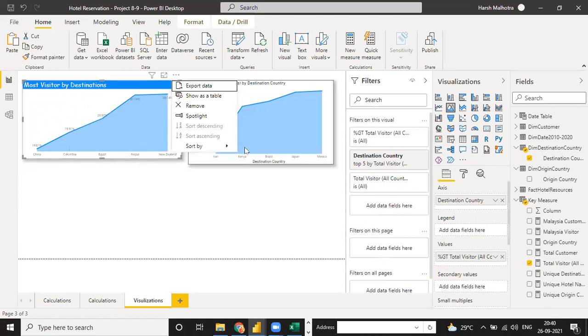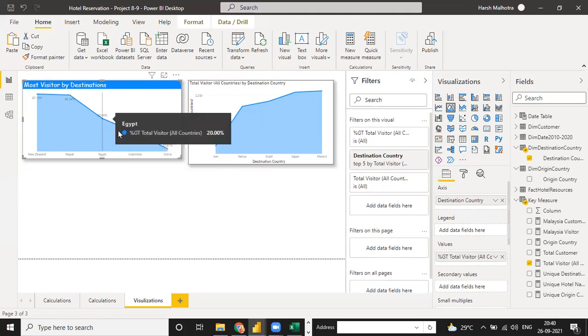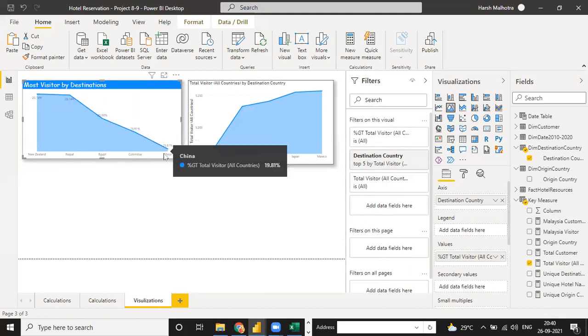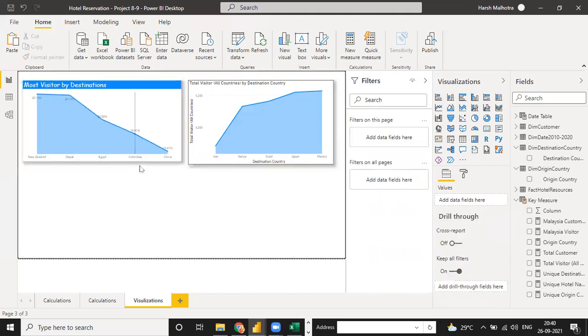So I sort by destination country. See, New Zealand is the highest, Nepal is the second highest, Egypt is the third, Colombia is the fourth, and China is the fifth highest. So your measure is ready. First you have to make the measure in the table, and then you can format it in the visualization. That is the best way.